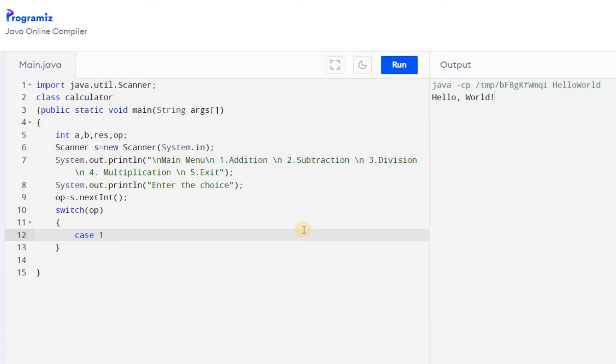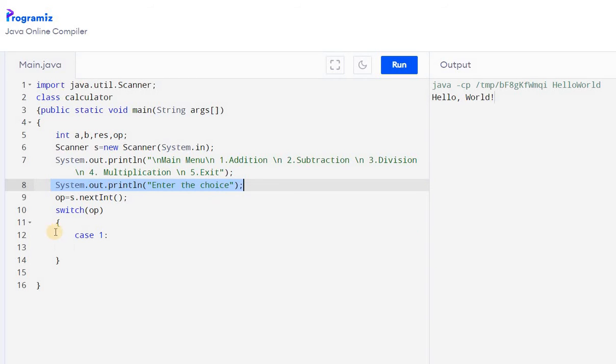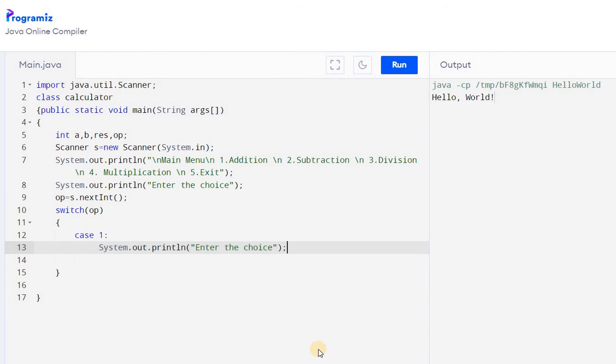Okay, so case 1, followed by a colon. So what is the case here? Here what you are going to do is get the input from the user for each number. In each case you'll be getting the input from the user. So in here you are asking the user to enter the first number, and you are getting it in the variable a. Since it is an integer, a is equal to s dot nextInt of,